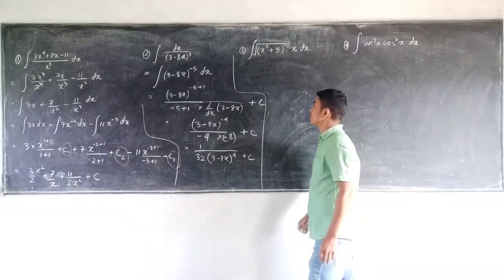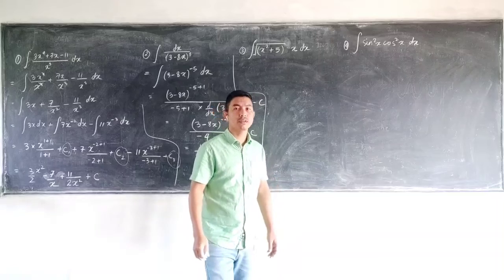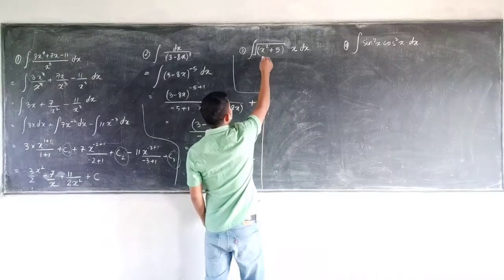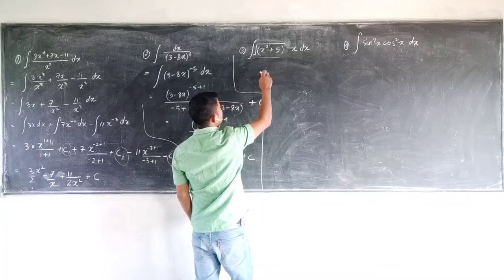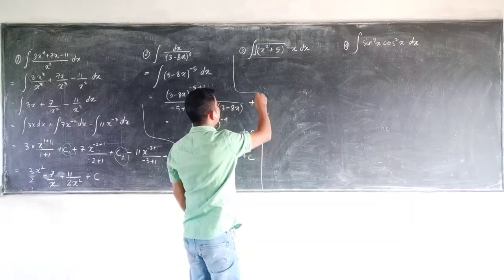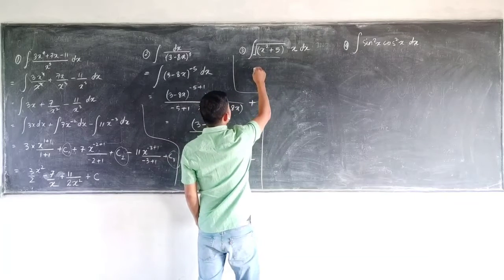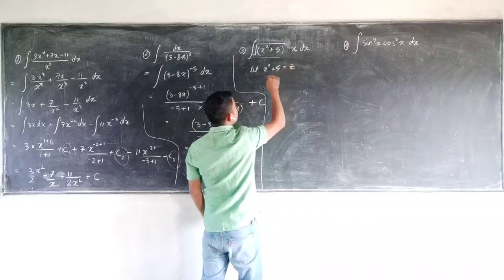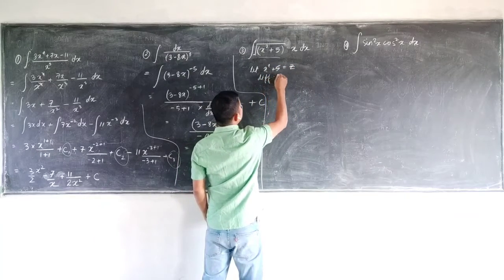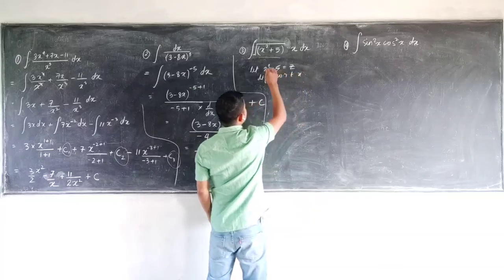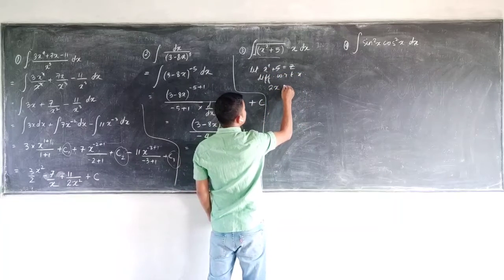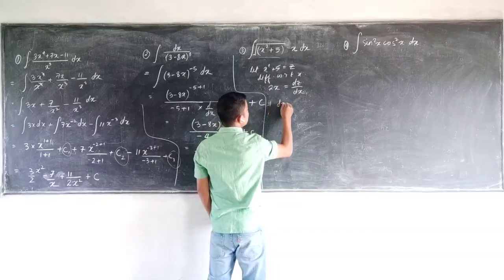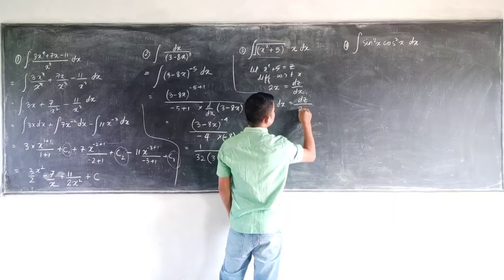Now coming to the third type of question, we solve this kind of question by the method of substitution. So in this, what will I do? I'll assume this expression inside the square root to be another function, z or any other value. So let x square plus 5 equal z. Now after this, we need to differentiate both sides with respect to x. So the differentiation of x square plus 5 is 2x, equal to dz divided by dx. This implies that dx will be equal to dz divided by 2x.